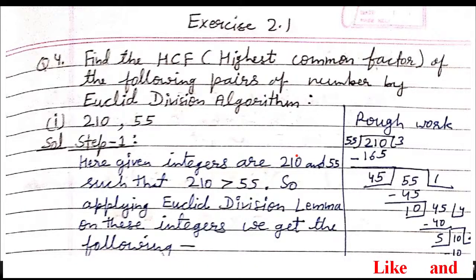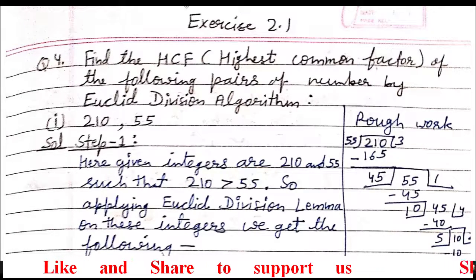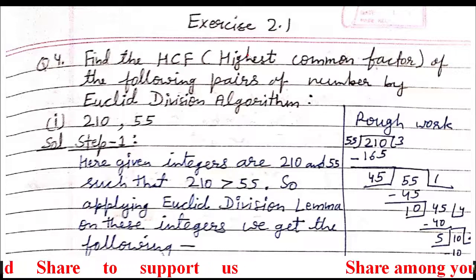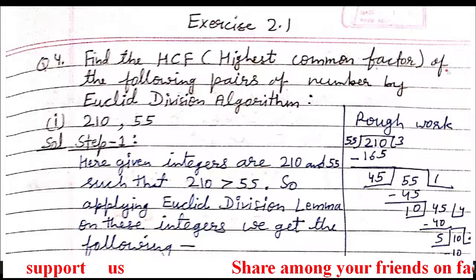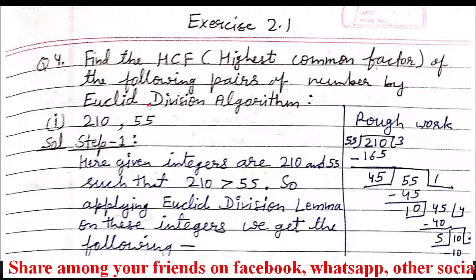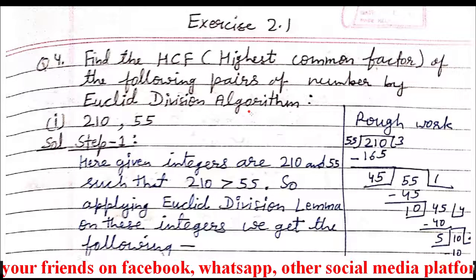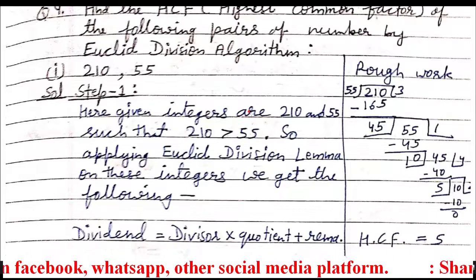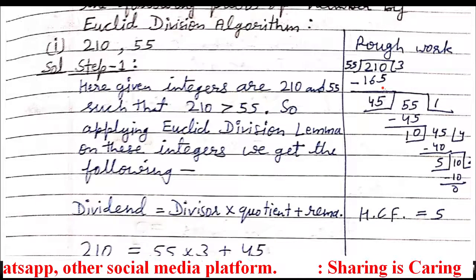Hello everyone, I am going to explain question number 4 from exercise 2.1 of class 10. So question 4 is: find the HCF, highest common factor, of the following pair of numbers by Euclid's division algorithm. First of all, just see here, I roughly solved the